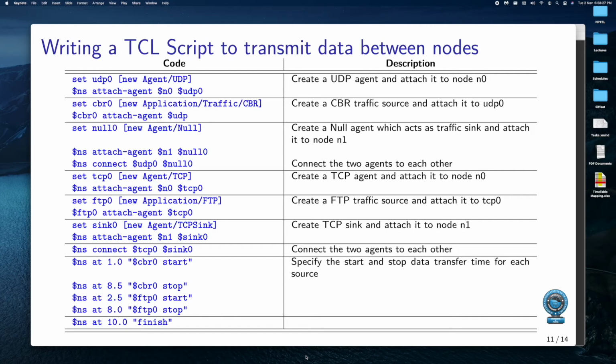Welcome back, friends. In today's experiment, we'll continue where we left off in the last session. In the same script that you had written last time, we'll start adding TCP also. We'll add TCP at the transport layer, and we'll add an application, FTP, that will use TCP. Likewise, at the receiver, we'll add a sink, so that now we'll start seeing both the traffics, UDP traffic and TCP traffic. So with that, let's get into practicals.